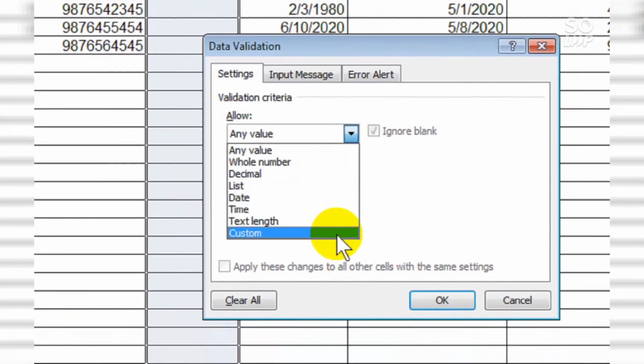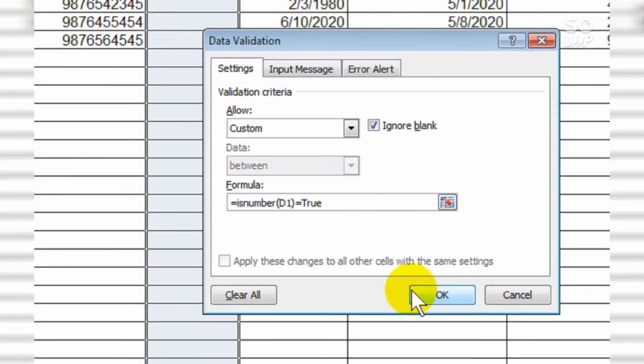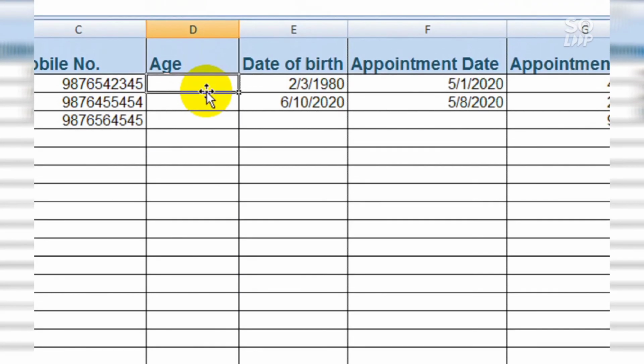And then from here select custom and in formula type equal to ISNUMBER, then open bracket, then D1 and then close the bracket because D1 is our age cell, then equal to TRUE, then press OK. So now in this cell you can type any kind of number, whatever you want to type, but you can't type any kind of text in this cell.